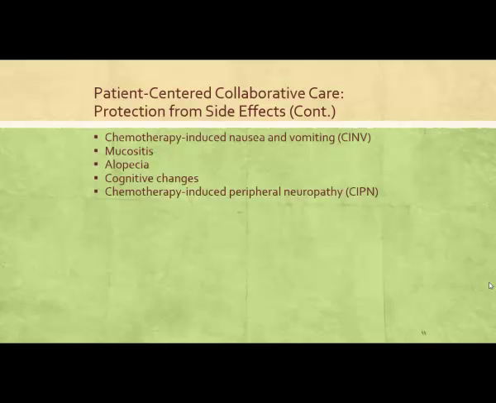Some other side effects besides the myelosuppression we need to think about are chemotherapy-induced nausea and vomiting, mucositis and alopecia, which again, there's really not a lot we can do as far as medications to prevent them. With the mucositis, those are going to be sores in the mucous membranes, and so remember, it's anywhere along the GI lining really. And then the stomatitis are going to be sores that are in the mouth.